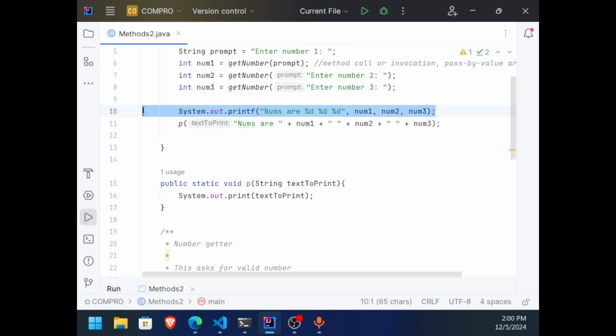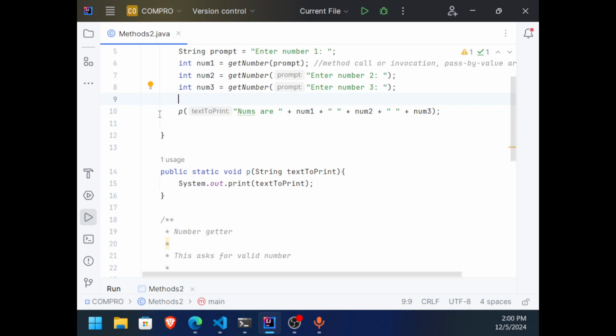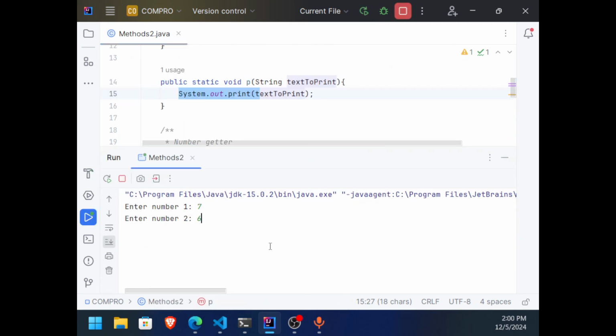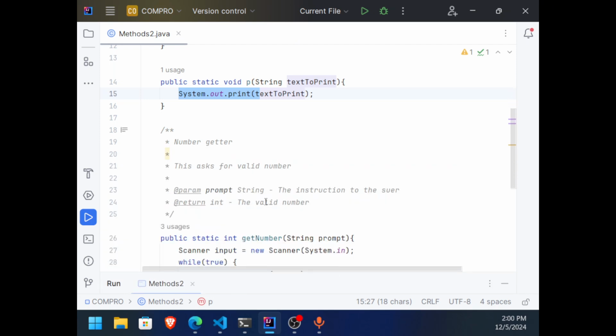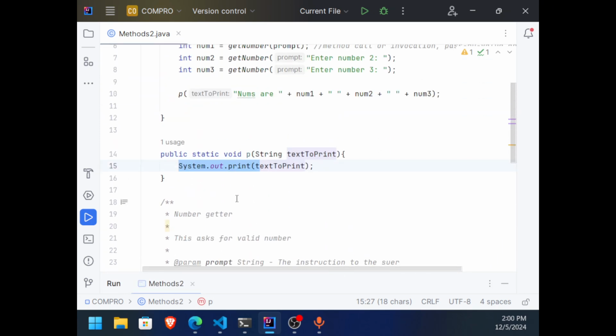They are almost the same size because of the concatenation. As you can see, I simplified the name of my printer, System.out.print, with P. And what it does is just display the text that I'm going to pass into it. So if I'm going to run this again, it's just going to have the same result. Okay, understood?